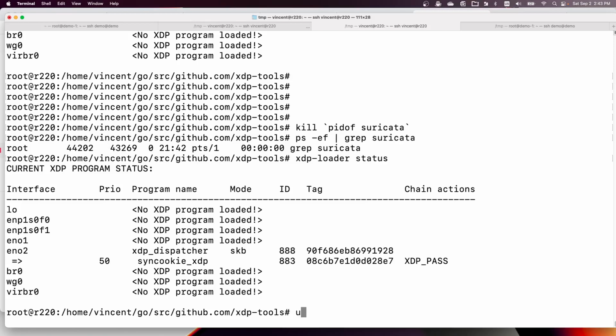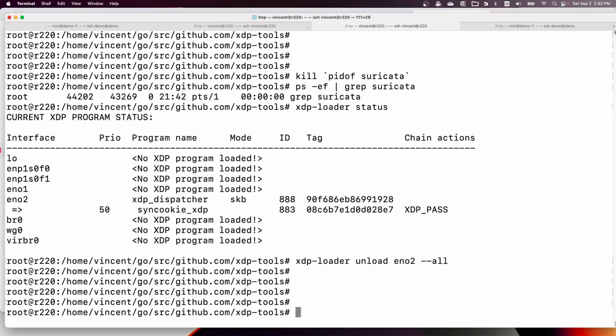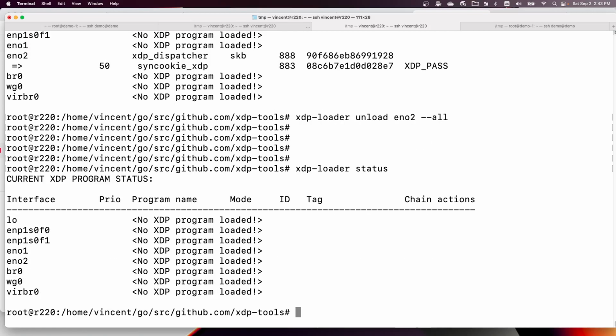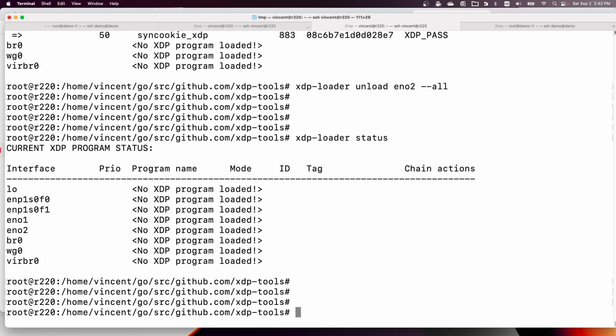Okay, so you can use xdp-loader unload eno2 --all, and it will unload all XDP programs. We can check that, right? It's all unloaded. And if we start Suricata again,